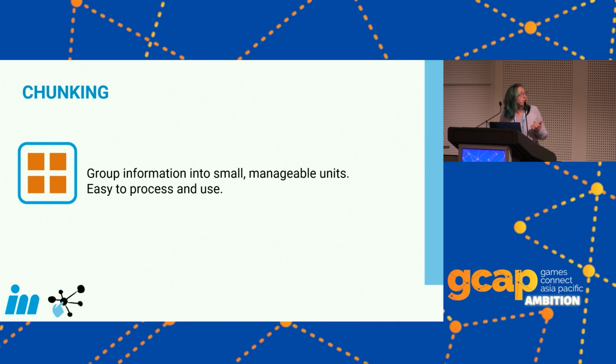The first one is chunking. It's a word that we all know. You need to chunk information. You need to make sure that there's no information overload. But very few of us actually do that properly or really know what it means. It's like, how do you cut things in pieces? And so in information mapping, we look at a block, or chunking things in blocks, which are small manageable units that are easy to process and easy to use. So just about one topic, and a very small topic.